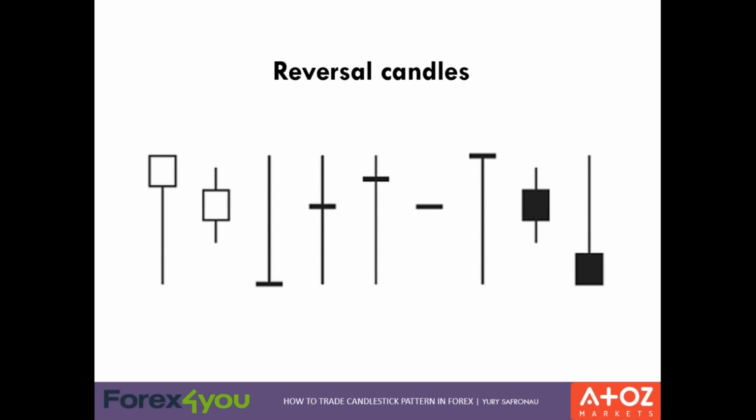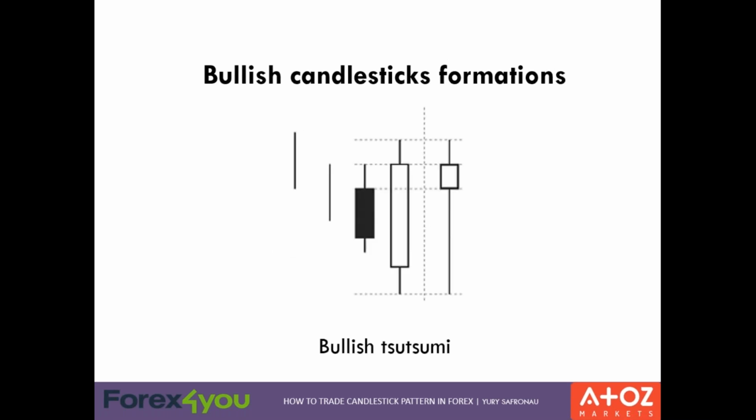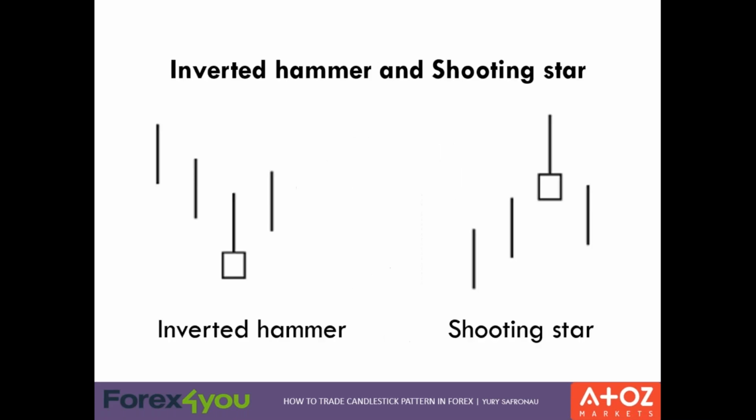So some person is asking which of those patterns are more reliable and which of those patterns are less reliable. I would say that I cannot rank it like more reliable pattern or less reliable pattern, but I can tell you for sure that the sharper the trend is, the better it would be to use those. If there is a strong preceding trend and the candle appears, there is a very high probability that the trend